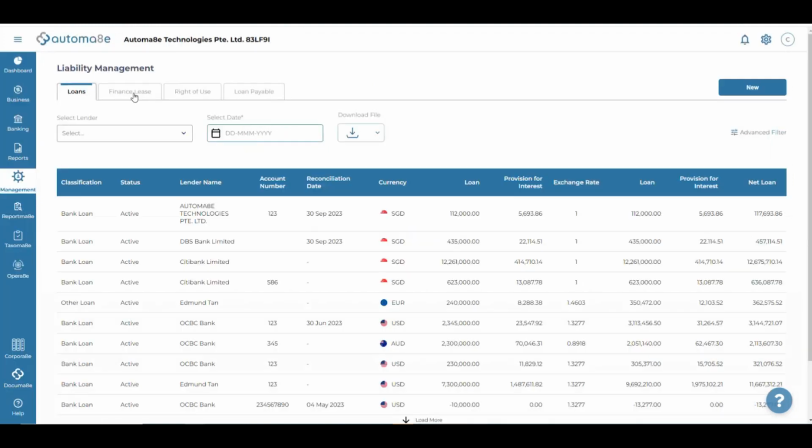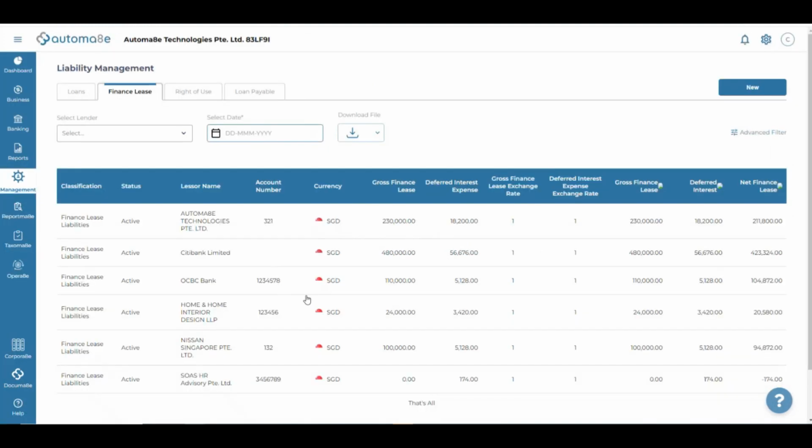So this technology is not available in most of the world. Actually, this is probably one of the first few technologies we have. So we have done a bit more than just data extraction. We have also gone into other accounting areas like funding, loans, and rental agreements that you can extract and push into accounting software.